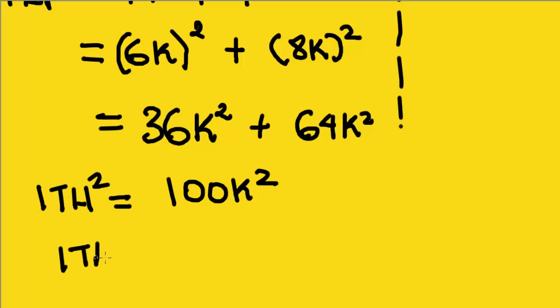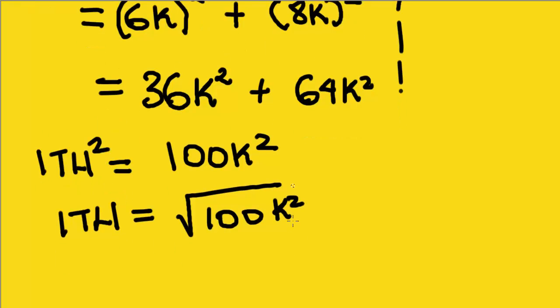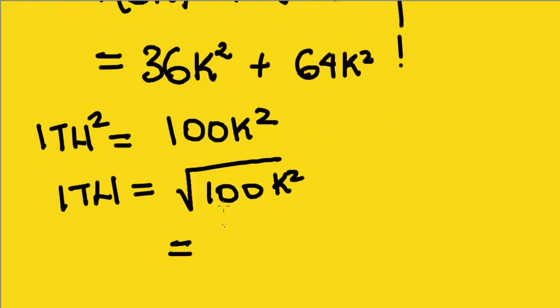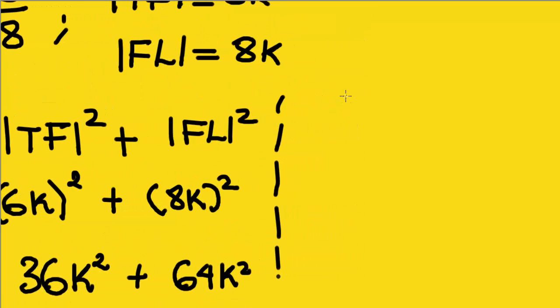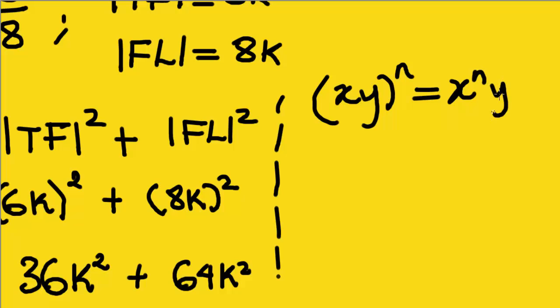So TL, taking the square root of both sides, TL is the square root of 100k squared, which is equal to 10k. And that's your answer. That's what they wanted. But going back to just a few algebraic steps we're taking here. What is 6k squared? Well, first of all, if you remember from laws of indices, xy to the n is x to the n, y to the n. Applying that here to 6k squared